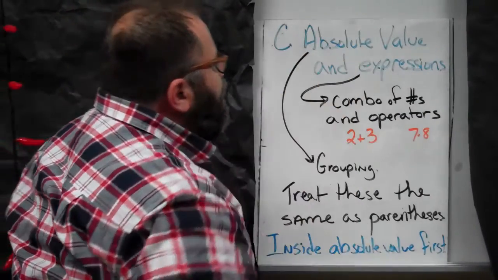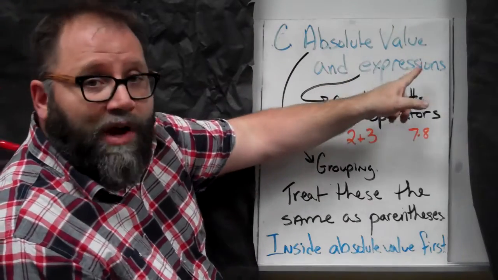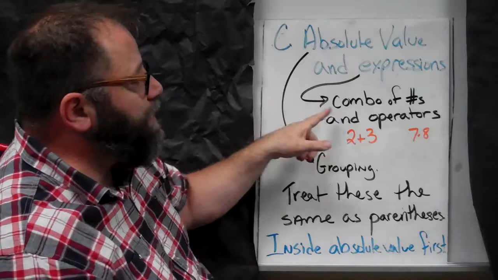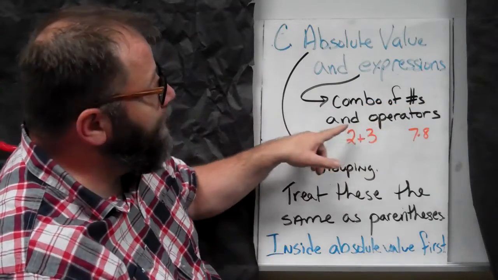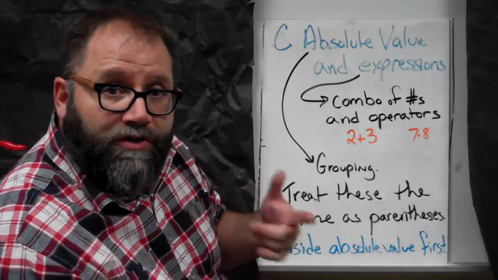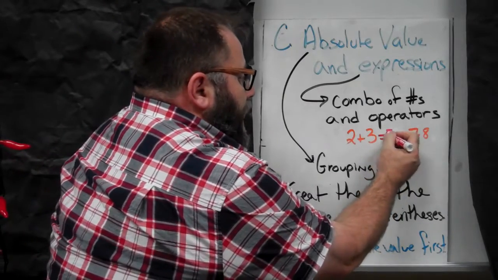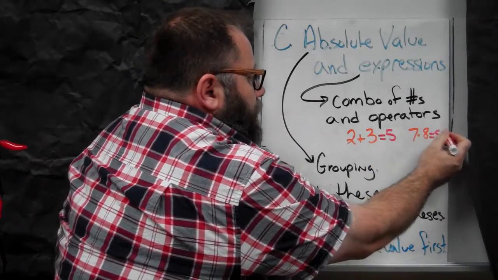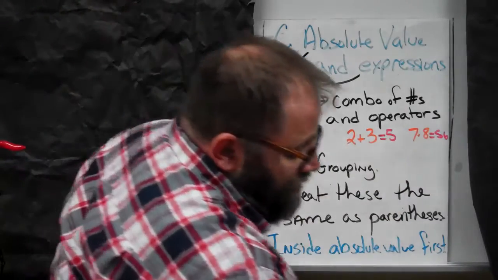Then, part C. We're up to a part C now. Absolute value and expressions. Quick reminder, expressions are combinations of numbers and operators. So these two things are expressions. What turns them into equations is adding an equal sign and an answer. That's an equation, that's an equation. If I take those off,